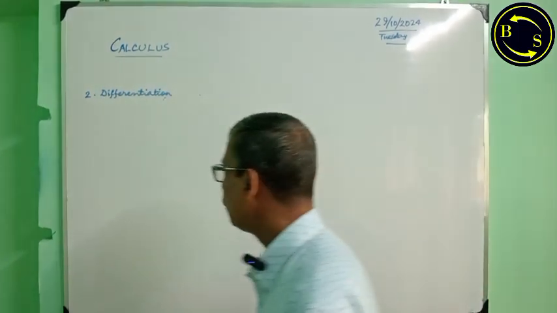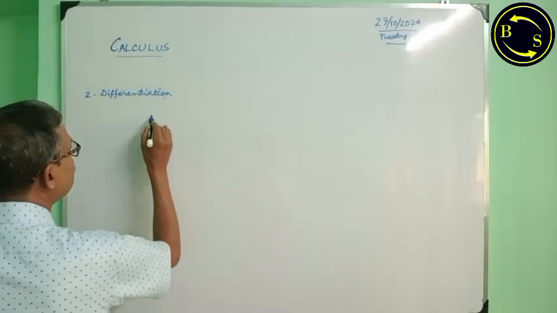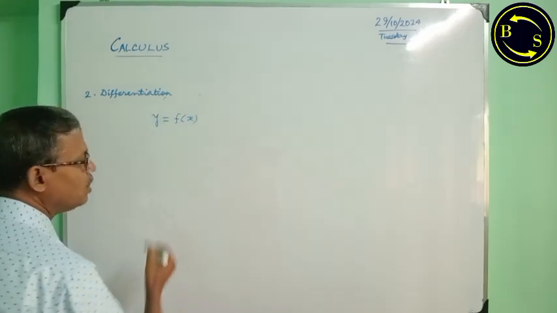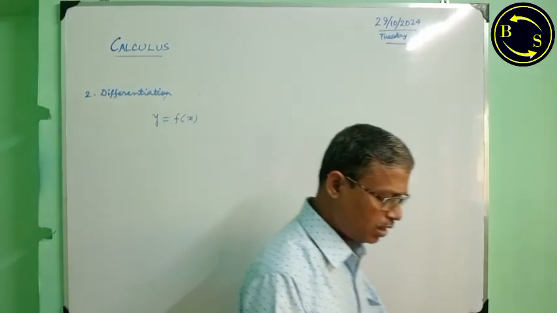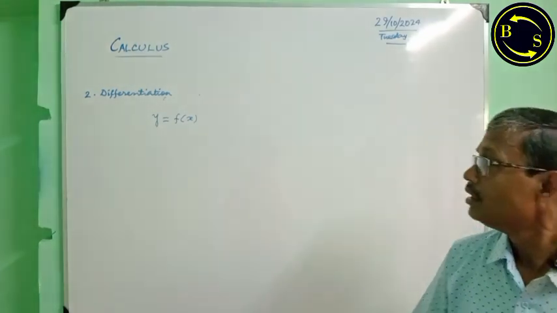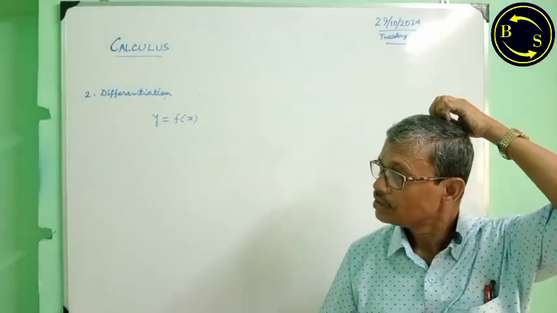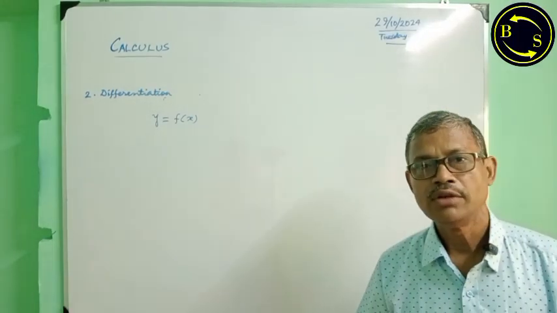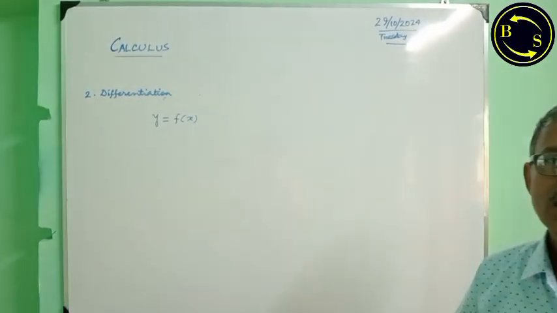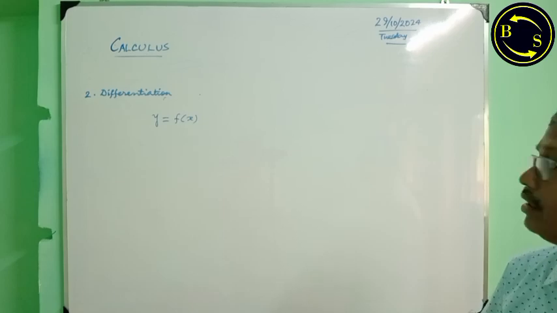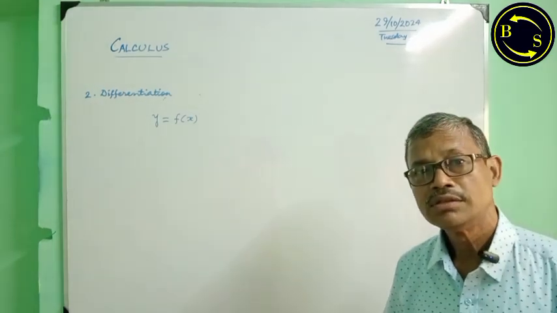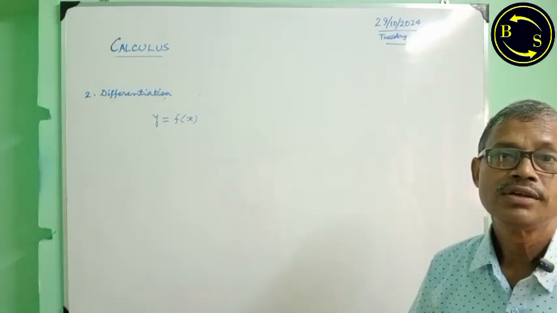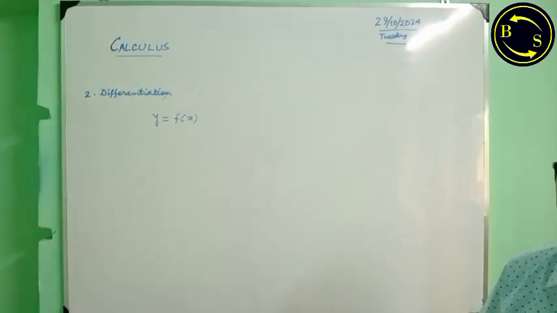Let y equal to f(x) be a function which is of course defined, means continuous, and will have a definite value, we call single value, within the given interval. Also we say like this, within the domain of definition of this function,